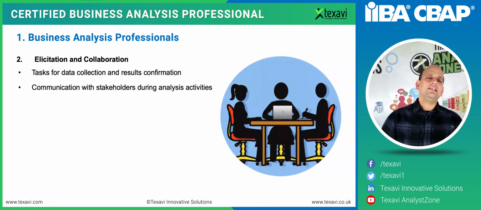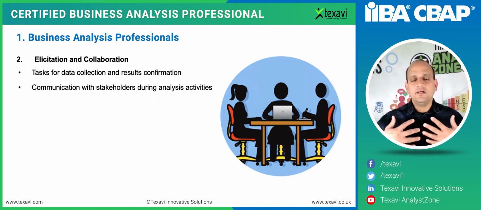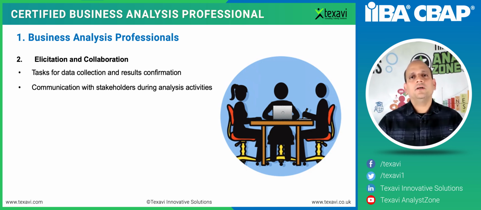The second one is elicitation and collaboration. So it is about trying to meet with the stakeholders, understand what kind of information, what kind of needs they have, what are the goals, how can we try and elicit them. So when we talk about elicitation, it's about not just collecting the data that is being told explicitly, but also the ones that are not told, that are not said explicitly, the implicit. That's where you talk about the exploration. That's where trying to dive deep into their hearts and minds and understand what is it that is really at the core of their work, their life.